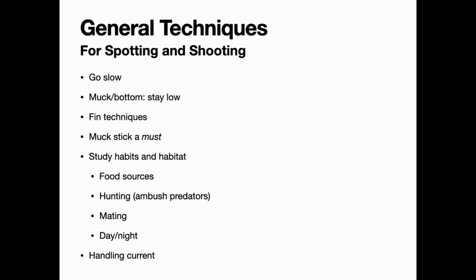You want to learn where, what, or how various creatures live, eat, or mate. Are they nocturnal? Are they diurnal? Are males and females different? Are they hermaphrodites? How about juveniles and adults? Do they look different? What I recommend is you buy really good field guides and look through them and read